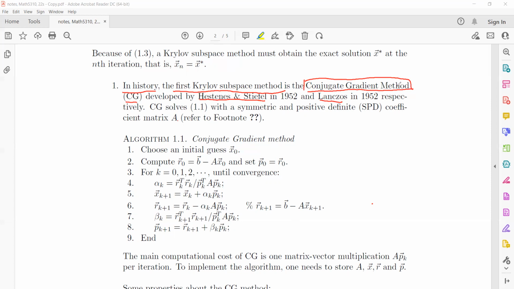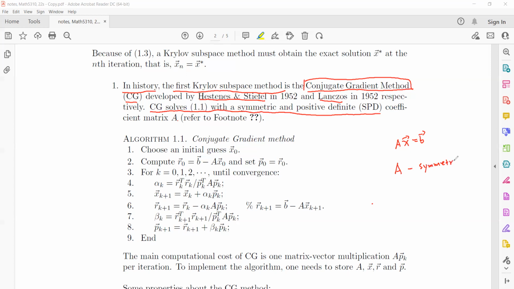The CG method was selected as one of the top 10 algorithms in numerical linear algebra in the last century. Yeah, this is very famous. The CG method solves linear systems, but there are some requirements on the coefficient matrix. Of course, A is sparse and large, but it requires A to be symmetric